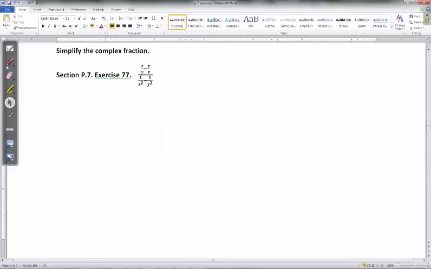Let's take a look. This is exercise 77 from P7. The first problem, if you take a look there, we have x over y minus y over x, and 1 over x squared minus 1 over y squared. You can see what I mean by fractions within fractions. Have this big fraction with the fraction bar here, the two smaller on the numerator, the two smaller on the denominator. Method 1,